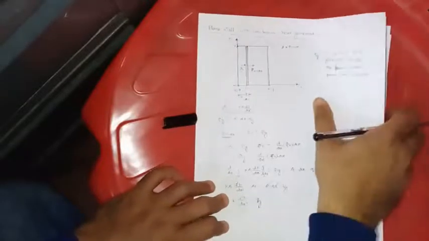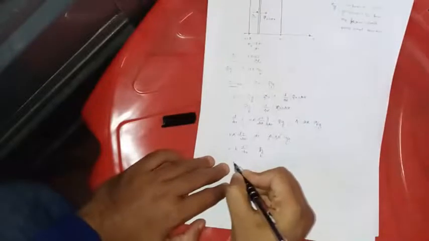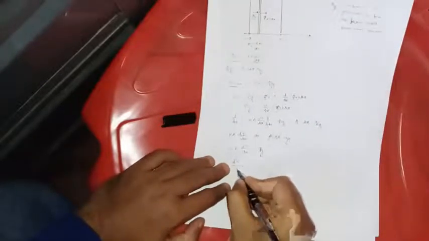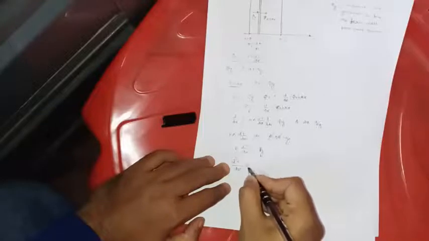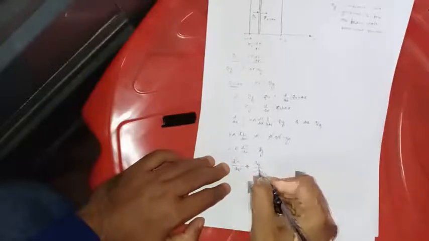We have taken an isotropic material because k is constant as well as the cross sectional area is constant. So we can say minus k d2T by dx2 is equal to qg, or we can say d2T by dx2 plus qg by k is equal to 0. So this is the governing equation for plane wall with uniform heat generation.